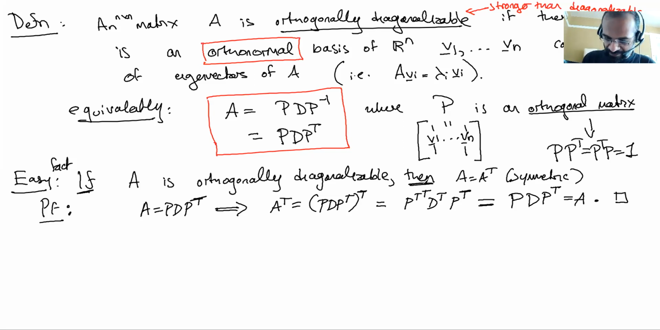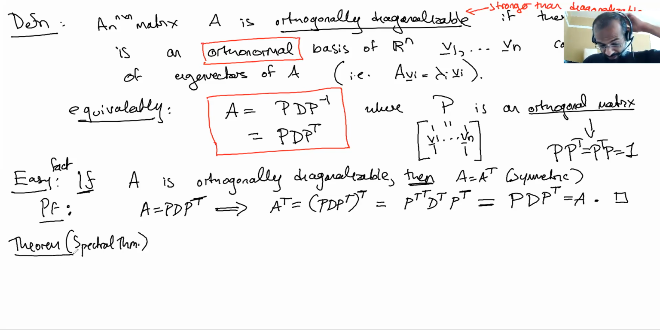And now I'm going to write a statement that's much less obvious. So this is a theorem called the Spectral Theorem. And I would say hands down, this is my favorite theorem in all of math. It's definitely one of the most important theorems in all of math. And it's also my favorite. So here's what it says. It says that the converse is also true. So it says if A is real and symmetric,